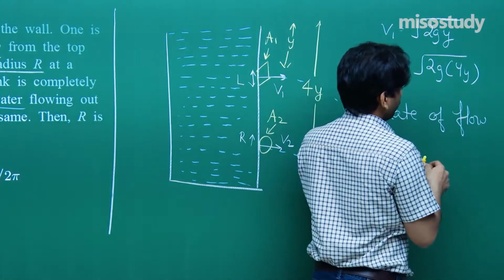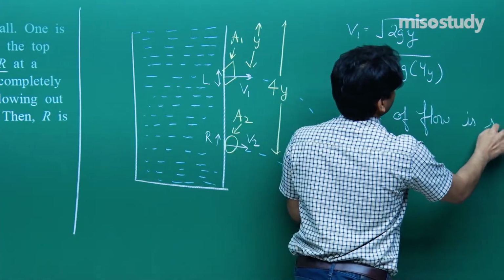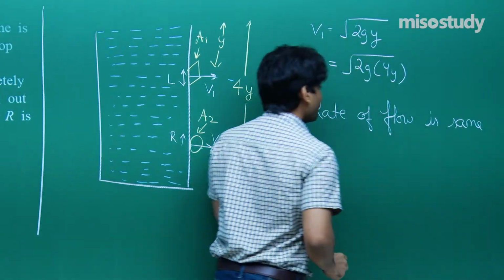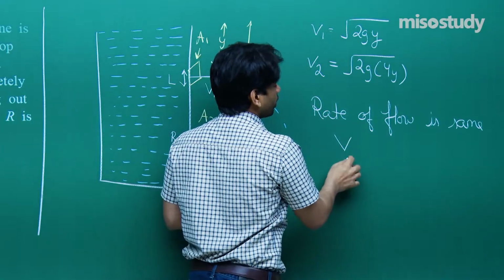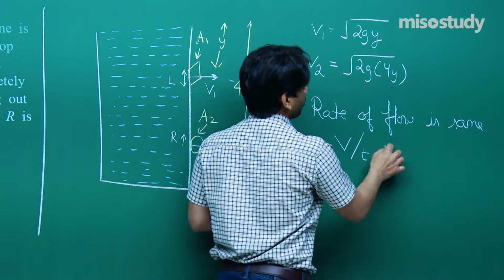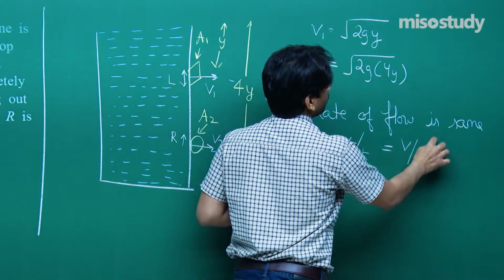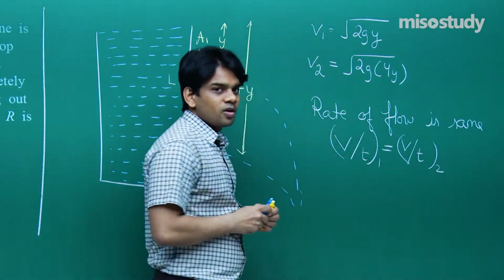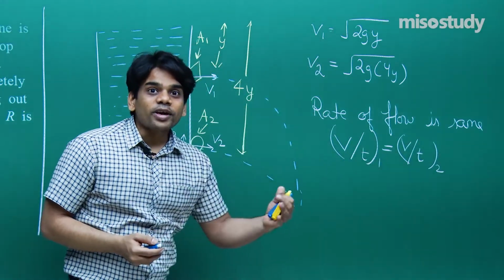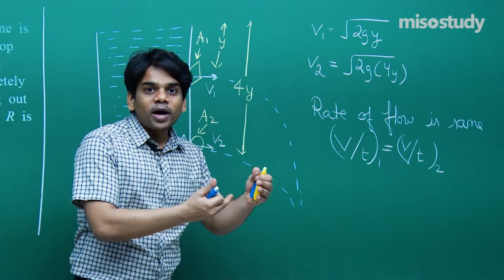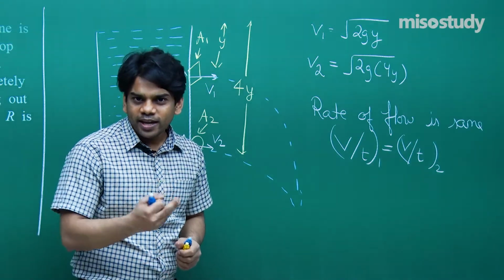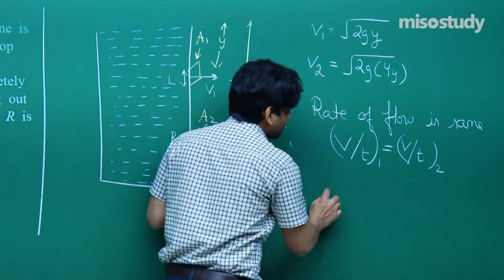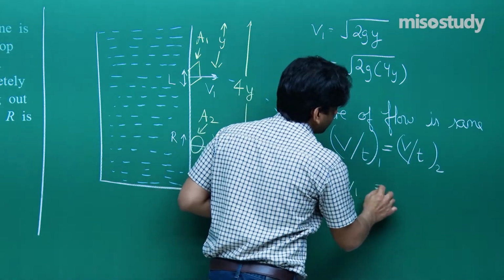Rate of flow is same from both the holes. So the volume flowing per unit time from the first hole is equal to the volume flowing per unit time from the second hole. Rate of flow, can we write that volume coming out per unit time? That will be equal to area into velocity. So let's write this as A1 V1 will be equal to